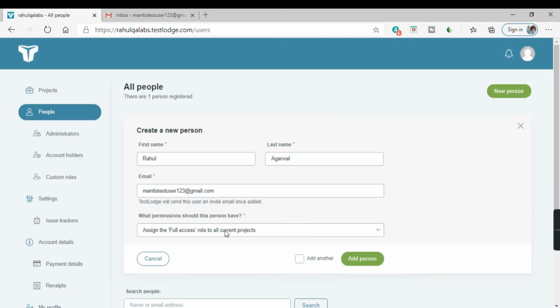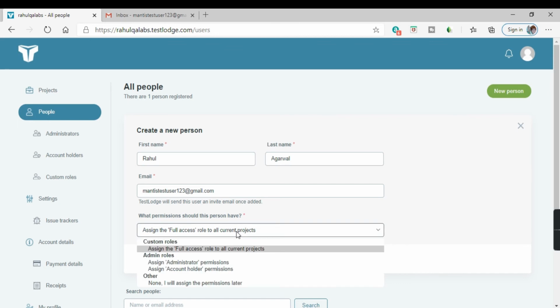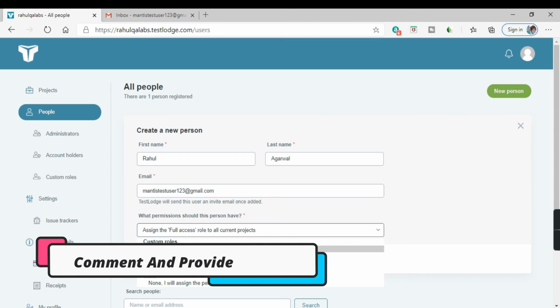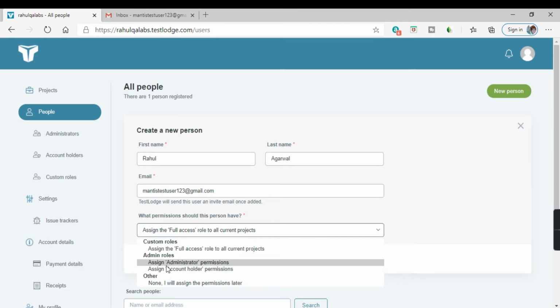Now coming to the next option, it is asking what permissions this person should have. Let us see what permissions are available. Number one, we have the custom roles that assign the full access roles to all the current projects. Next, we have the admin roles, assign administrator permissions, assign account holder permissions, and the last one saying none, I will assign the permissions later.